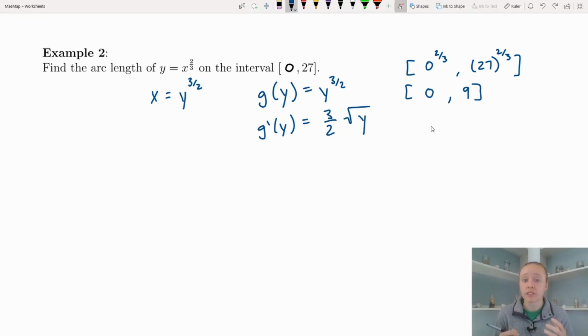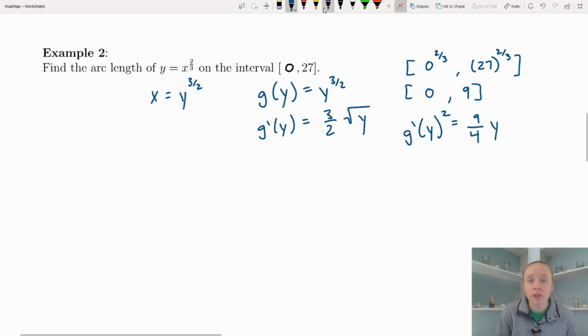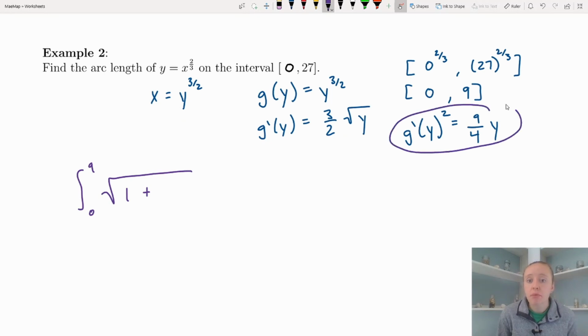continuous along our derivative. And just to do a little bit of bookkeeping so that we don't have to square it within our formula, I'll go ahead and square our derivative now as well. So g prime of y squared is going to be 3/2 squared, which is 9/4, times the square root of y squared, which is y. Now plugging everything into our formula, we're going from our new bounds in terms of y, 0 to 9, times the square root of 1 plus g prime of y squared, which is 9/4 y, and integrating that with respect